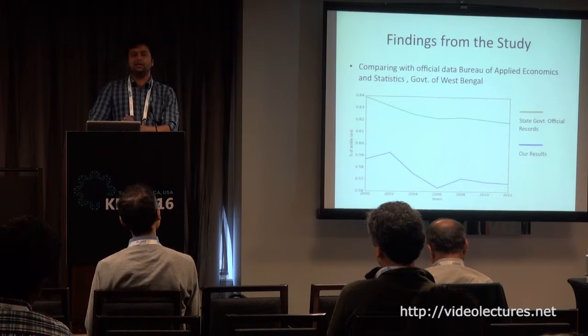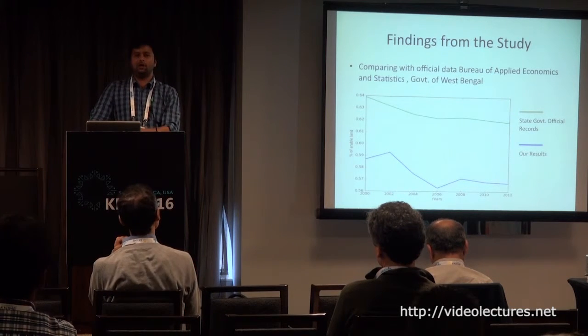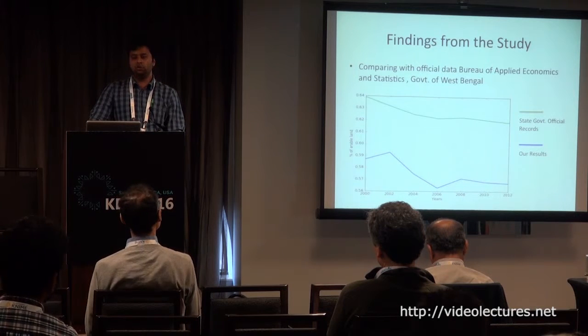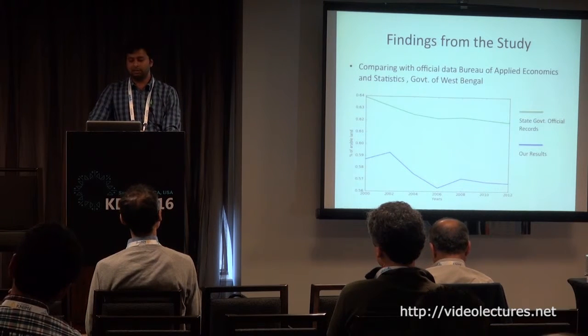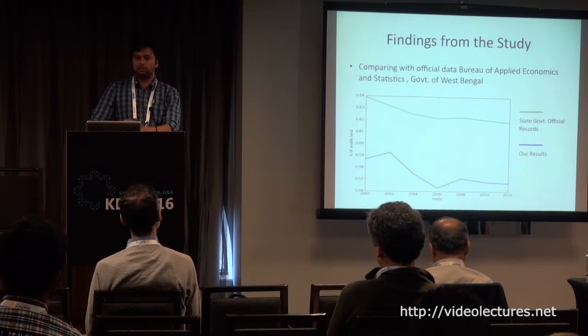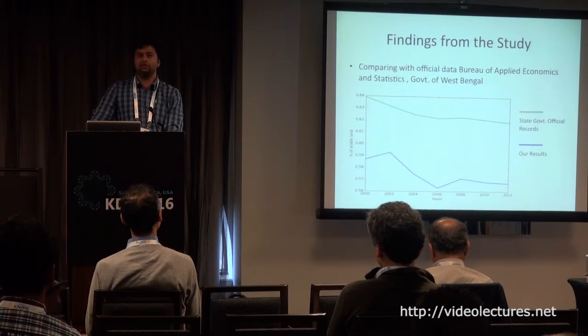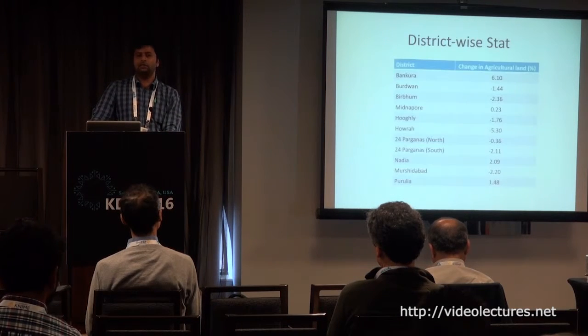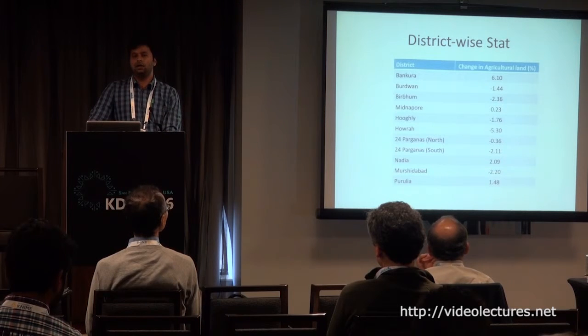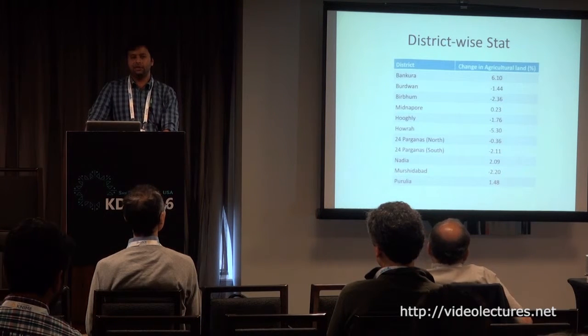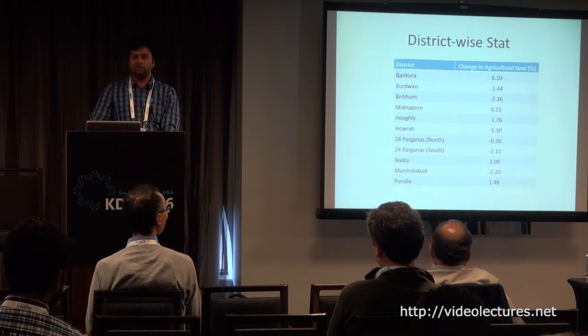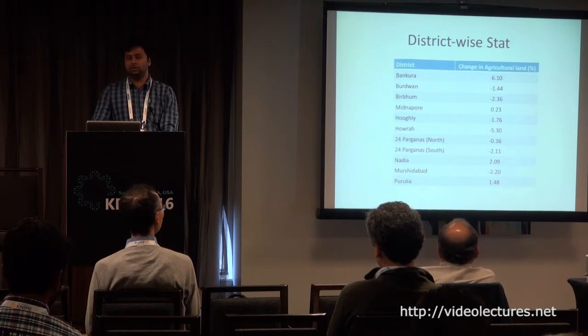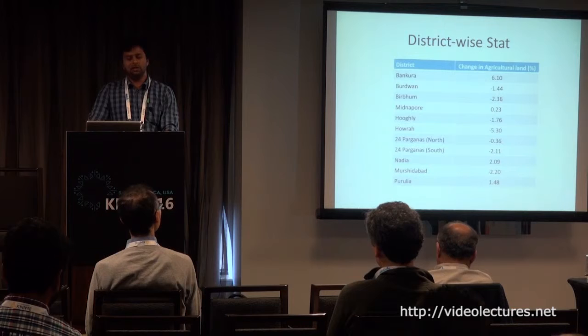So in a sense, the data we are giving out can be very useful given the accuracy of the underlying system. This plot shows the statistics for the entire state, and this is the breakdown for each district in that region where we focused. We see that in most of the districts, the percentage of agricultural land has been reduced,